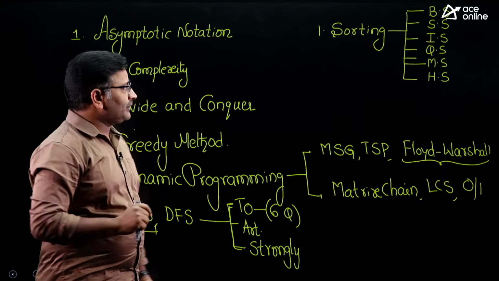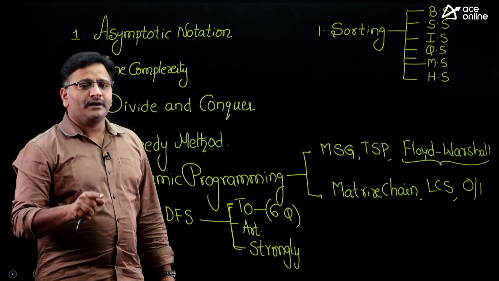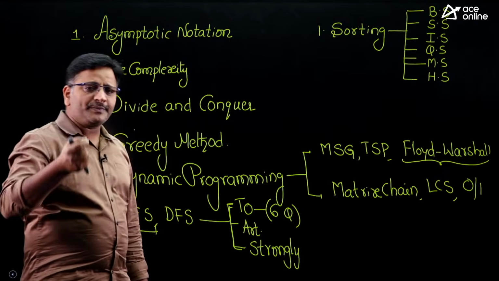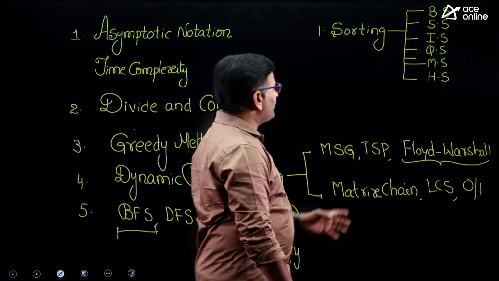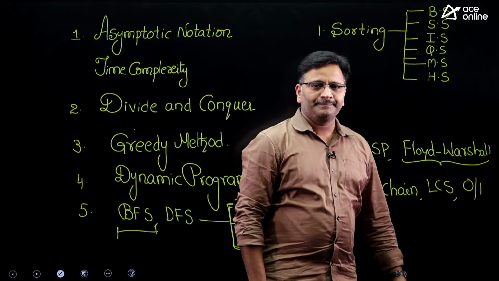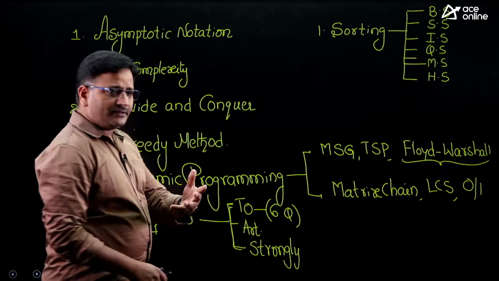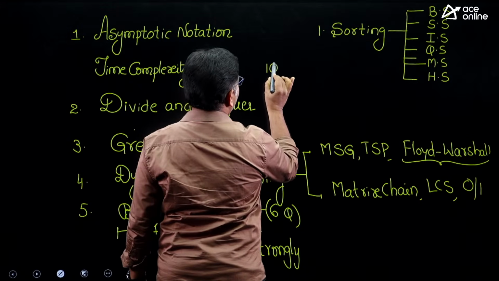Not only that, there are some characteristics of sorting algorithms, like in-place sorting algorithm, stable sorting algorithm, and adaptive sorting algorithm. All these properties you need to remember. Nowadays they are focusing on the number of comparisons and number of swappings. In the numerical answer type questions, what type of question are they asking? If you see recent year paper questions, for example, they provide array elements in ascending order